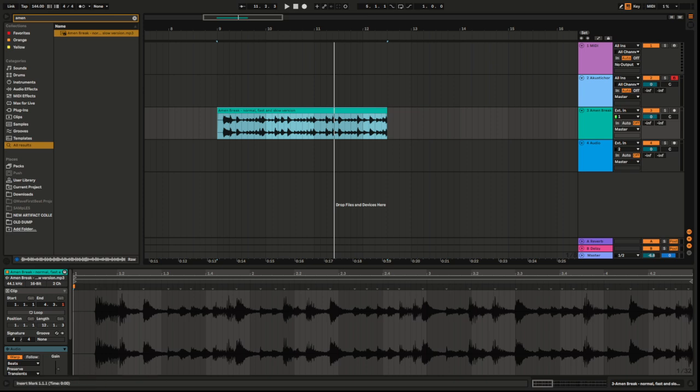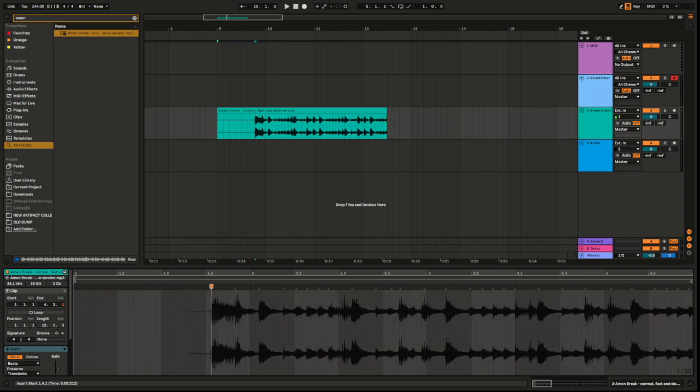So you can see these little gray arrows. Can everyone see the gray arrows? These are what are called your transients. These are the parts of your audio that's peaking. It's basically where all of your audio is hitting. So basically every single drum is where you see one of these gray arrows. And if you double click on one of these gray arrows, you're able to make what's called a warp marker, I think it's called that. Is that right? And basically you can drag this warp marker around